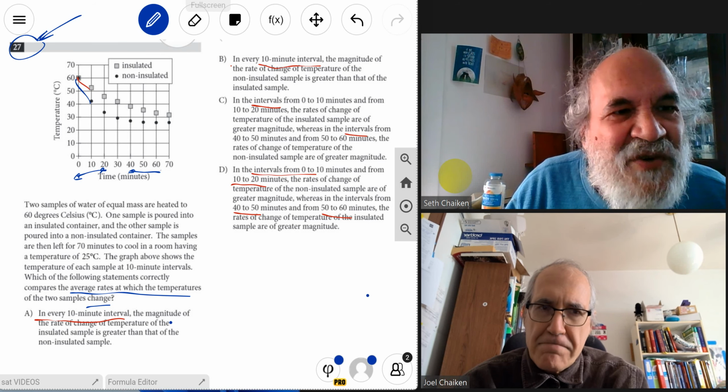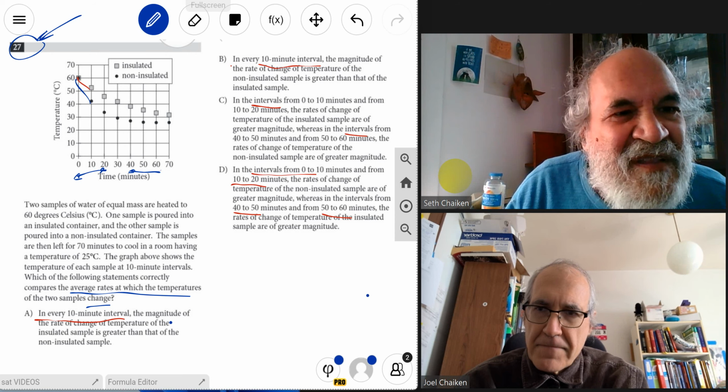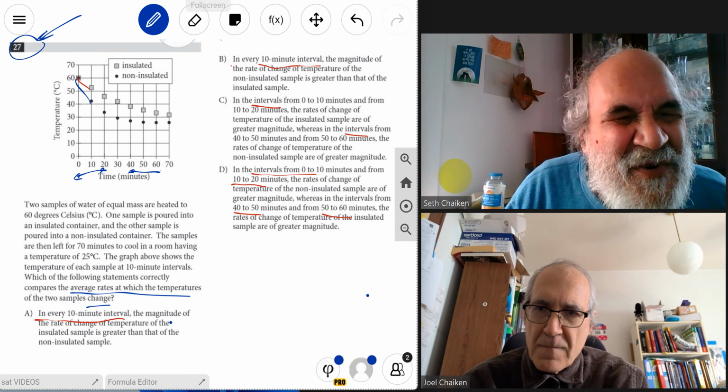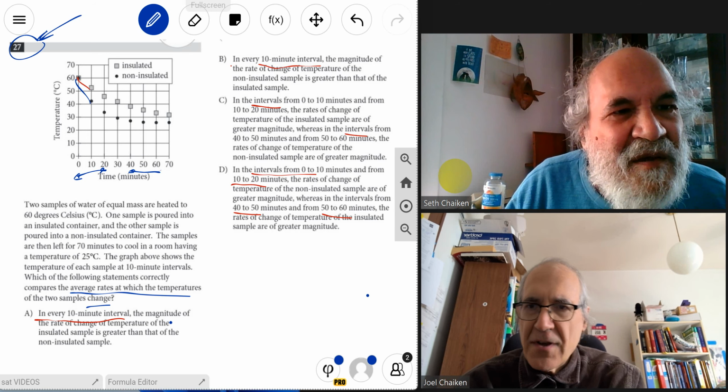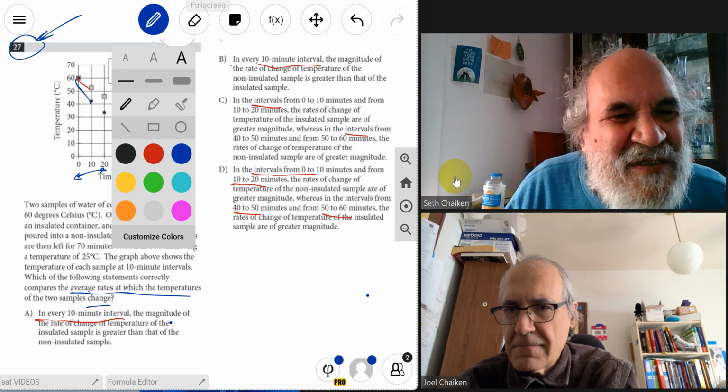And so the rate of change of the non-insulated in interval 0 to 10 is bigger than the rate of change of the insulated. Yeah, the slopes are bigger. Now, if we go to the other side,